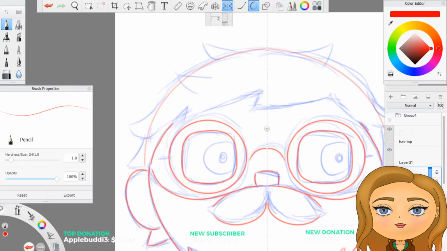What do the round glasses actually look like? I don't like the middle of them, but that's okay. We're not here for the things I like.